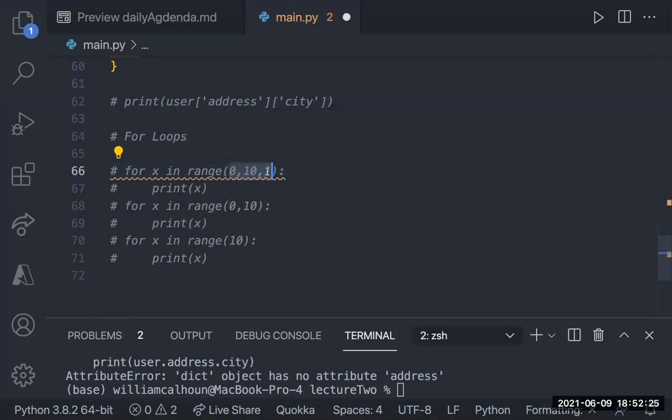I can write all 3 numbers, or if I know that I'm always going to iterate by 1, but let's say I wanted to start somewhere else. I'm going to start here. What I could do is say for x in range 7, 10. This will start me at 7. It'll go up till 10, but because I didn't put a 3rd number, by default it automatically assumes that I'm going to go up by 1, which is cool.